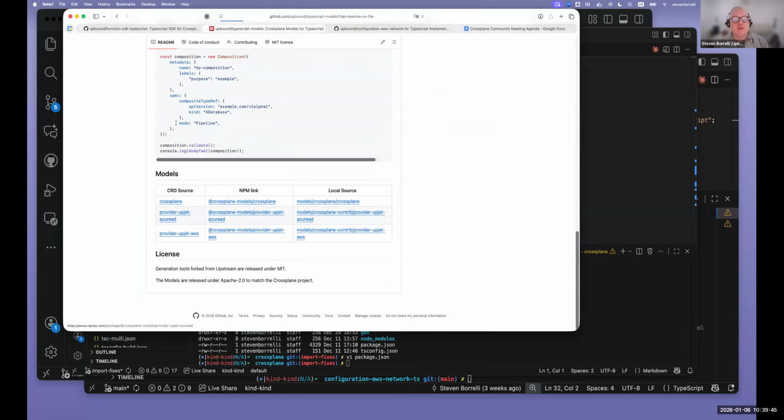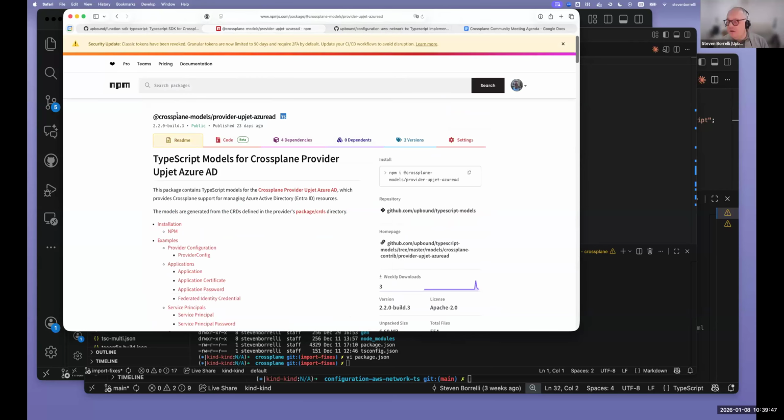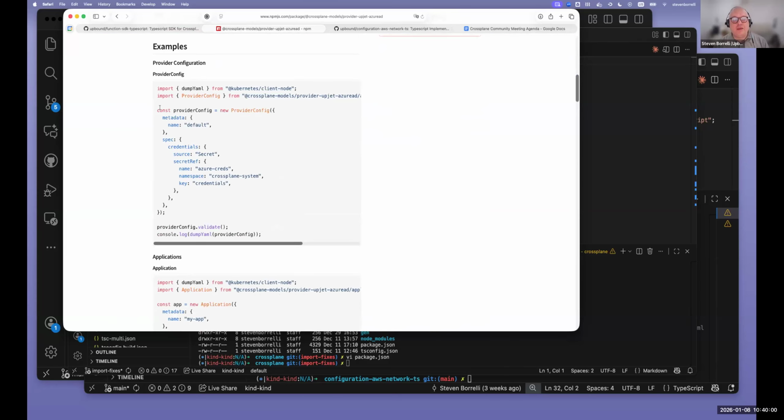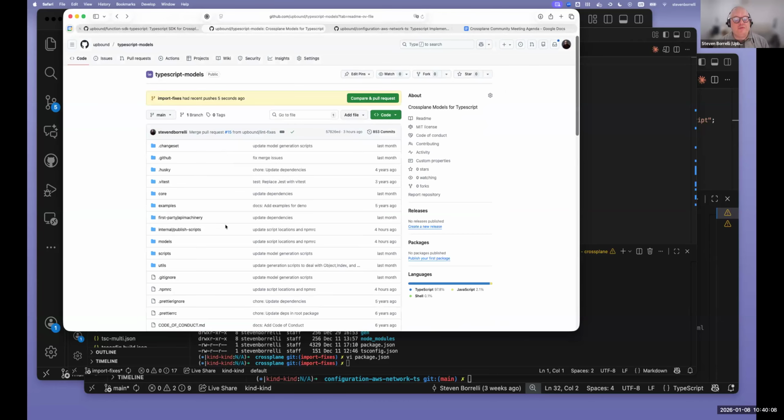These are being published to NPM under the Crossplane Models org. I own both these orgs, but obviously as we move these into the Crossplane org, they'll be owned by Crossplane. You can see there's going to be a page plus examples for every single one. So we also have it for Crossplane itself.